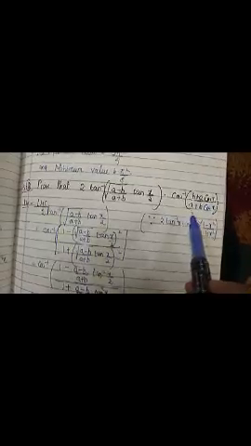Let's quickly see question number 8. Prove that 2 tan inverse of root over of (a minus b) by (a plus b) into tan x by 2 is cos inverse of (b plus a cos x) by (a plus b cos x). Now 2 tan inverse x is cos inverse of (1 minus x square) by (1 plus x square). So here, if this is x, this is theta, it is cos inverse of (1 minus theta square) by (1 plus theta square). So that means cos inverse of 1 minus the square, meaning remove the brackets.